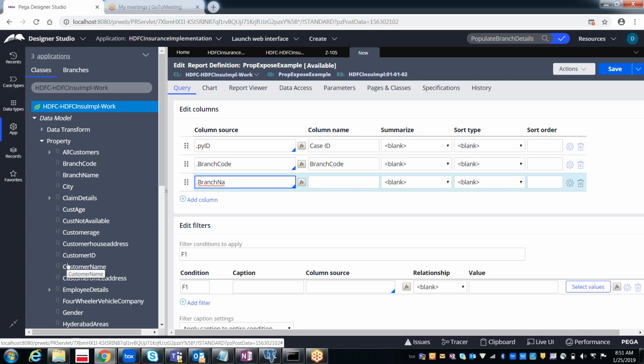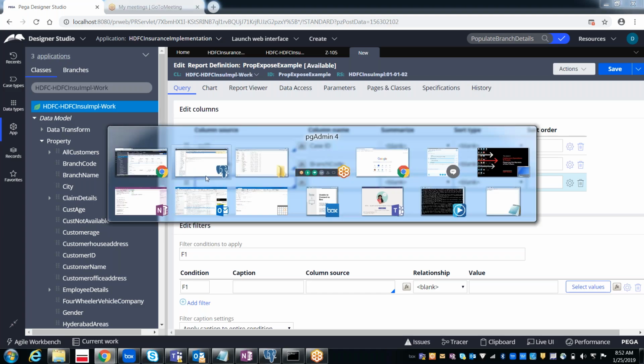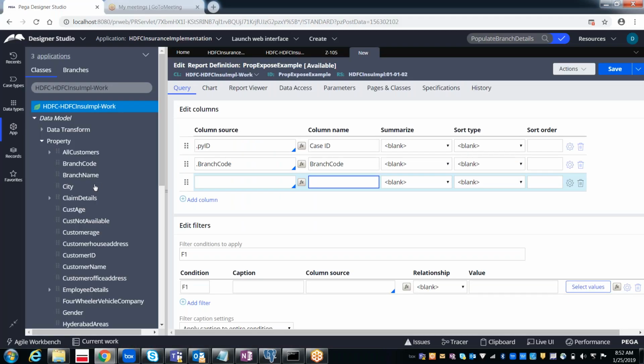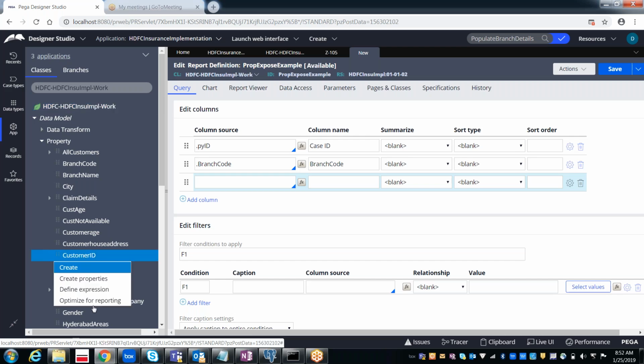Even if you want to see them in the report definition so that you can use them while creating the report, and even if you want to maintain a separate column in the database, for both of them there is one solution. What is that solution? Expose the property. How can you expose the property? By pressing the right mouse button on the particular property which you want to expose and then optimize for reporting.